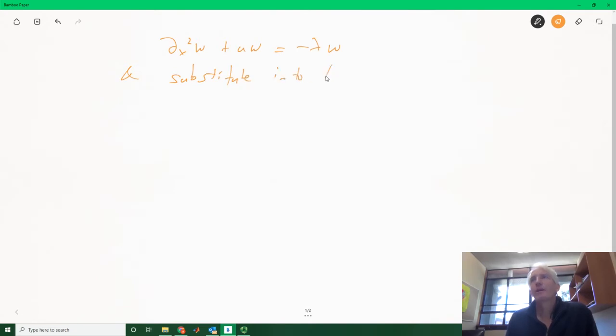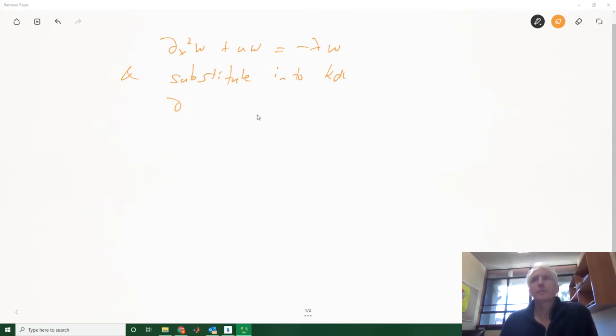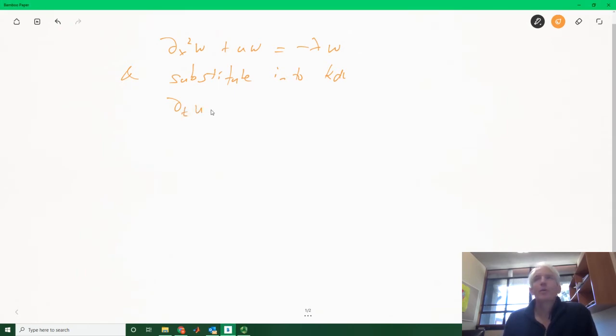Remember the KdV is d by dt of u plus 6u, there's lots of ways of writing it. Sometimes we wrote it as u squared here with a 3. So if we substitute this expression into here and we do a whole lot of manipulations, what we end up with